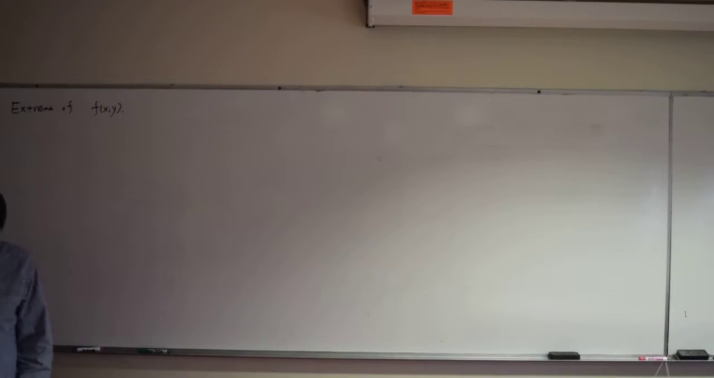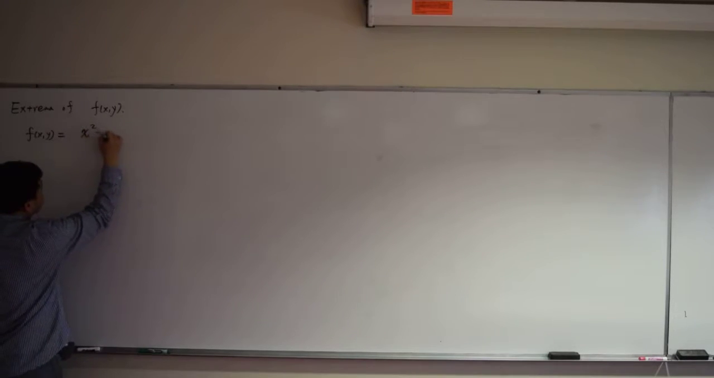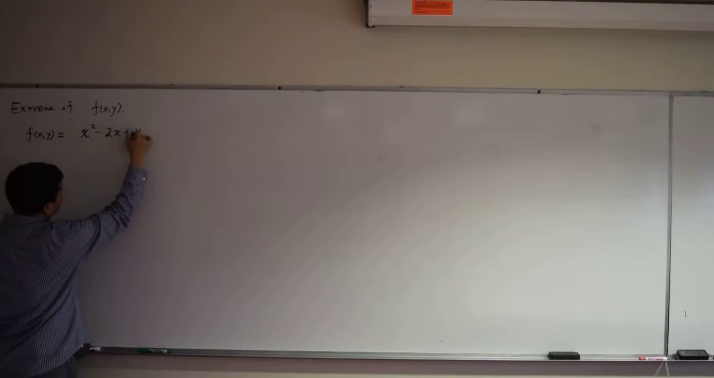Suppose we have a function of two variables. Now, how can we find the maximum or minimum of this function? So, for example, if I have f of x comma y equal to x squared minus 2x plus y squared,